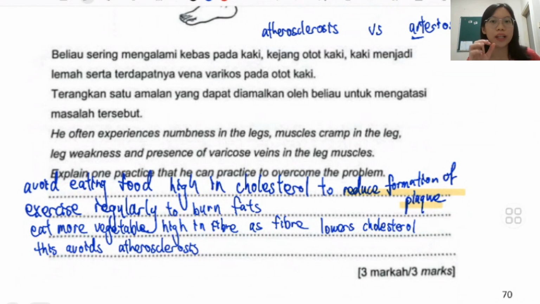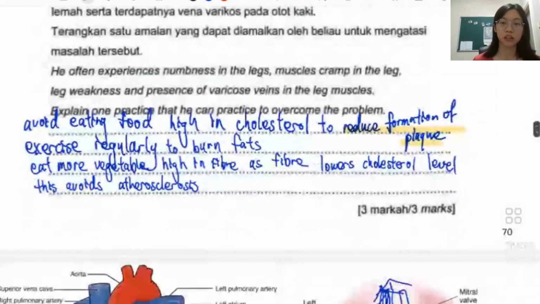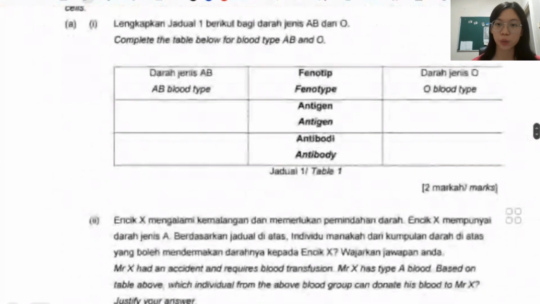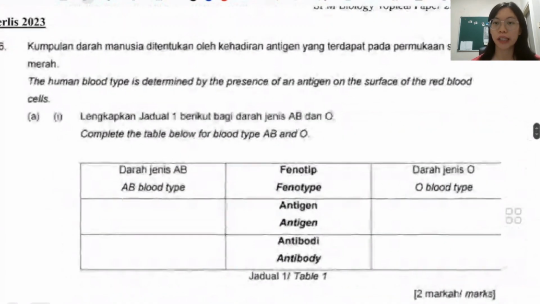Since we don't have cellulase enzyme to break down cellulose fiber, it becomes undigested material. So the fiber binds with the cholesterol and is expelled together as feces. That's the reason why it lowers cholesterol level. This avoids atherosclerosis. All right, moving on to the next one, right here is talking about the presence of antigen